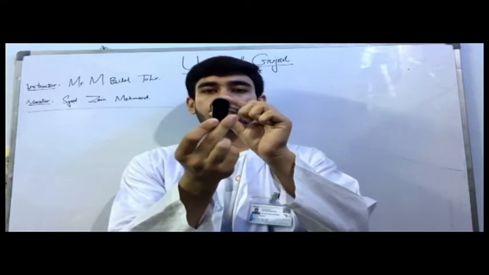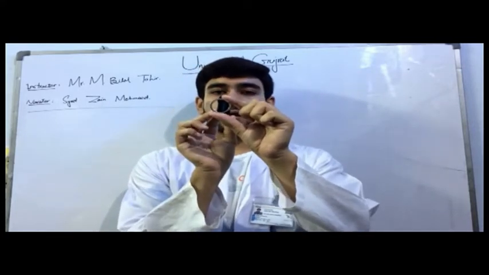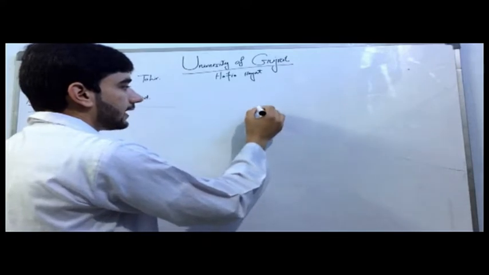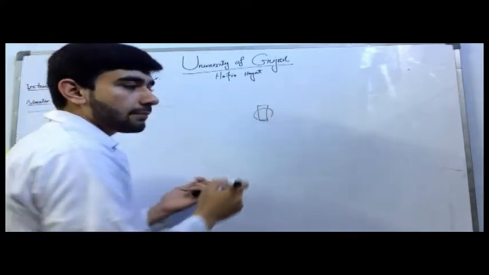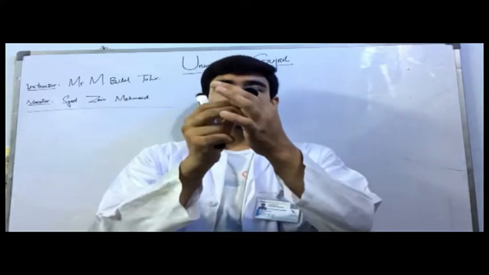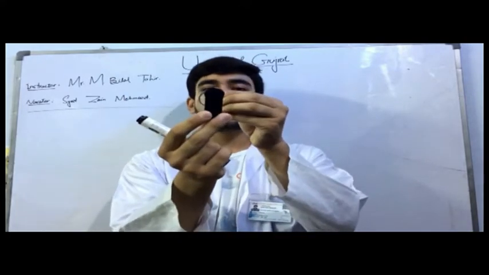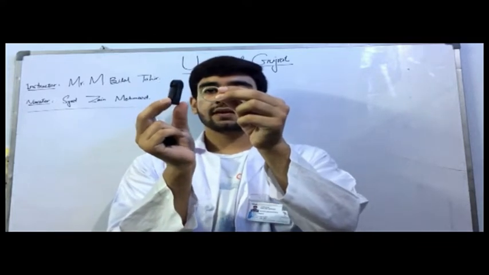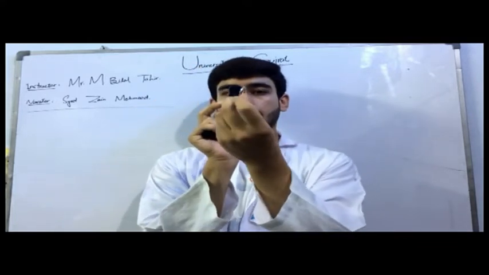When the magnet is at this position, or on the back of the coil, you see that maximum area of the coil is exposed to the magnet. This is the coil and here is the magnet. So maximum field lines can pass through the coil. But when the magnet is rotated and approaches this position, if you see from this angle,